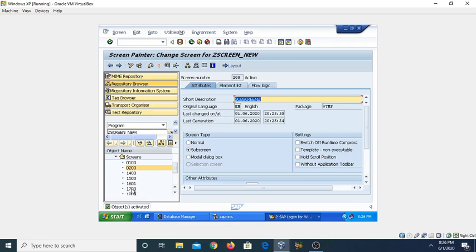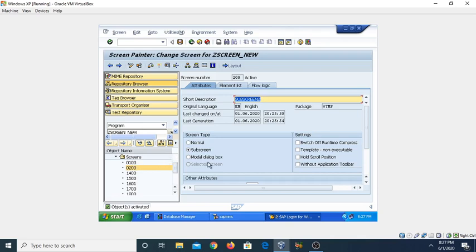When the user will click onto the subscreen 2 button, then it will display the subscreen 2 content. Now create the 2 subscreens. In my case I have created the 2 subscreens, 100 as well as 200. On the 100 we have placed some data elements. Similarly for the 200 I have placed some data elements from the SFLIGHT table.